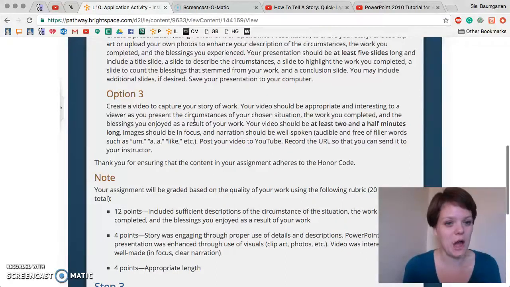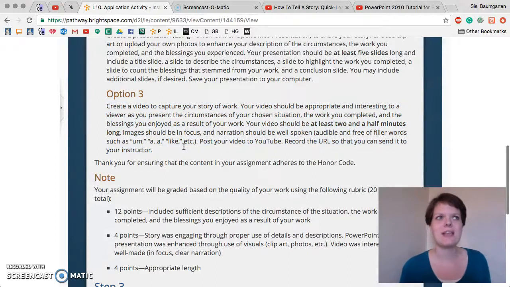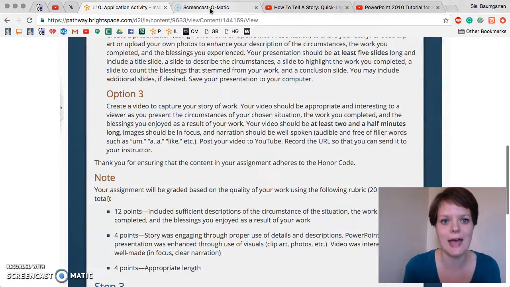So these are all really fun options, and I just wanted to show you what these options might look like. Let's actually go ahead and start with the video. Even though this may sound like an intimidating option, it could be really cool. I've actually been able to find at least 5 other videos on YouTube of students like you who have uploaded their video about their hard work. How neat to share your story with a real community of people. This is putting your story out for everyone to see, and that can be really neat. And it's actually a lot easier than you might think to create a video. What I'm using to create this video is called Screencast-O-Matic.